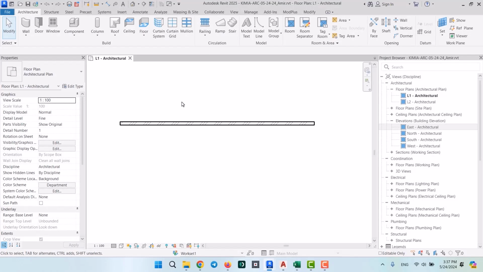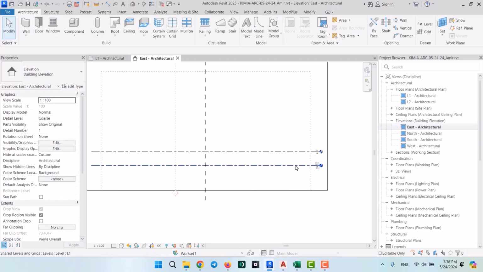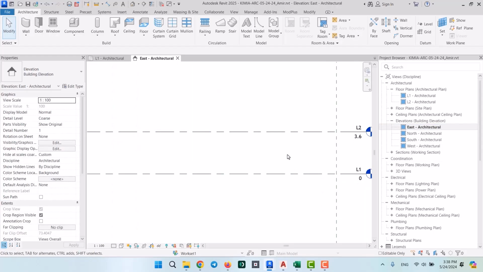Alright, now let's get to drawing the architectural levels. But before we get to that, I'm going to first tell you a few little points. First, I'm going to delete this right here, and then go into an elevation. As you can see here, once again, we've got two default levels, for which we could simply go over here